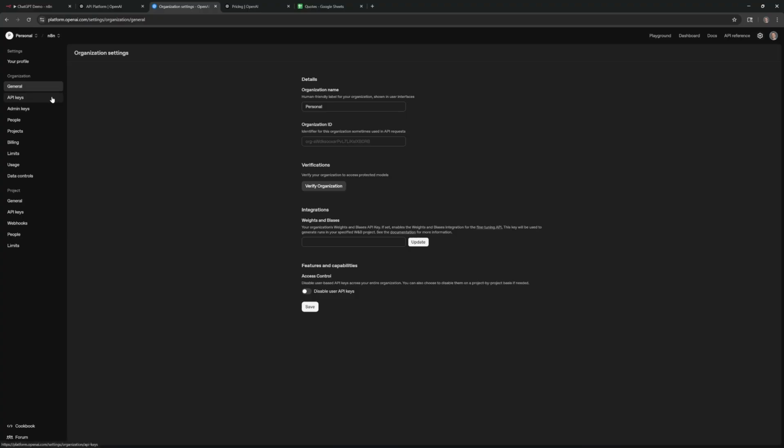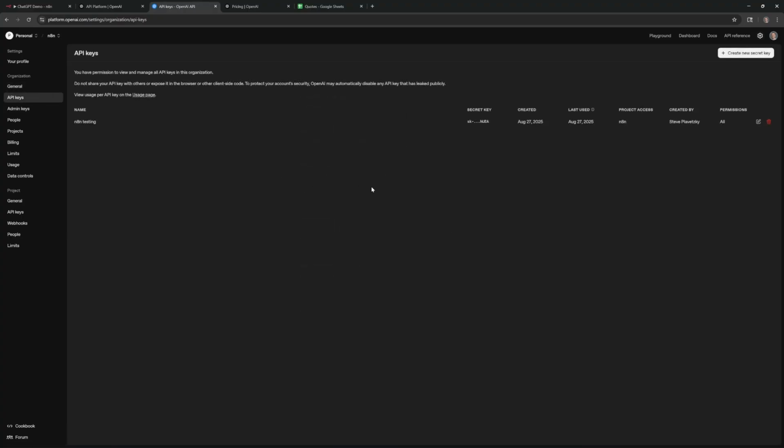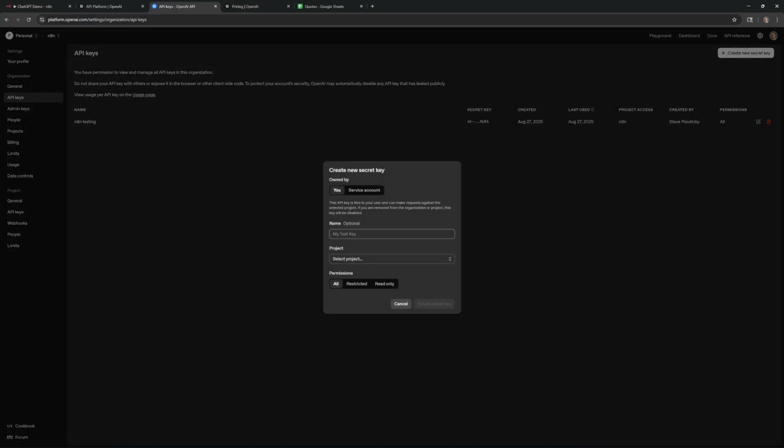Once you're done with adding the funds, you can go back to API key and then click on create new secret key. Give it a name. So for the name, I usually put in what I intend to use it for. So in this case, it's just NAN demo or NAN tutorial. But like if you want to use this specifically for a specific type of workflow or a branch of your company or whatever the case may be, you can put that in here. And then this chart will actually break it down to show you the amount that each key is using for billing and tracking purposes that may be useful for you.